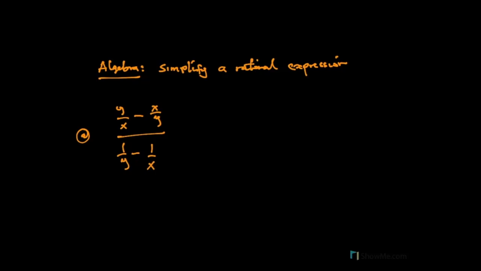We are told to simplify a rational expression below. So, solution. Now, the top one is a subtraction, and that one is a subtraction. So we have to find the LCM for each. So we say the LCM of the top is going to be